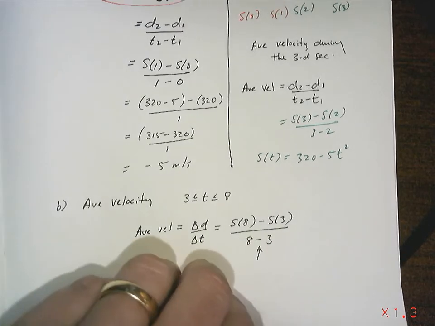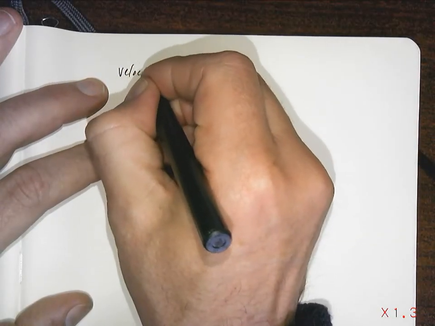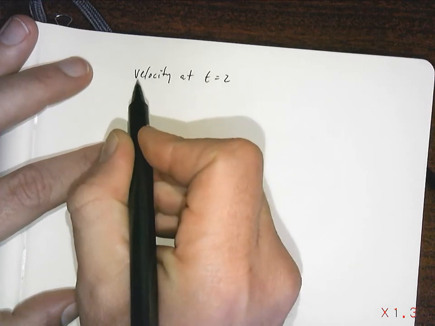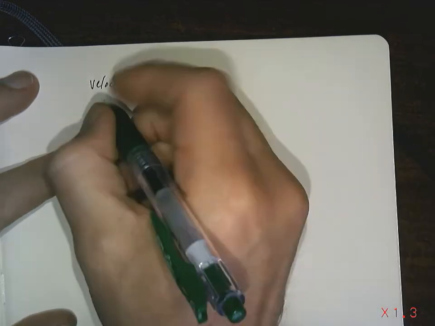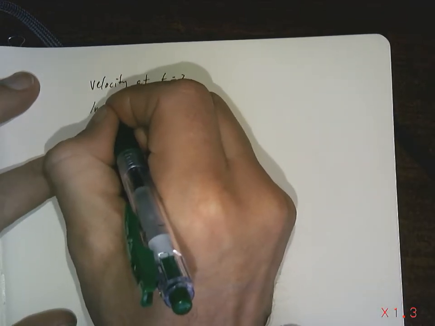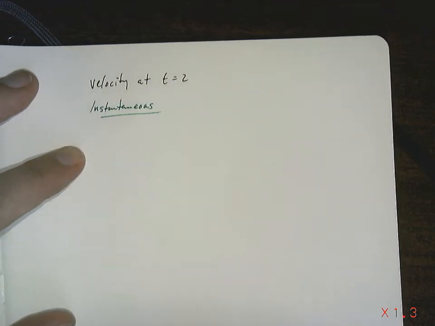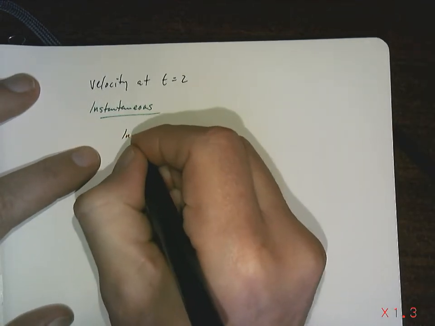And lastly, this question asks you for the velocity at t equals 2. Now remember, when we say just velocity in this course, from now on, we're actually saying instantaneous. So if I want average, I'll tell you average. But if I want instantaneous, I'll just say velocity. And so instantaneous velocity